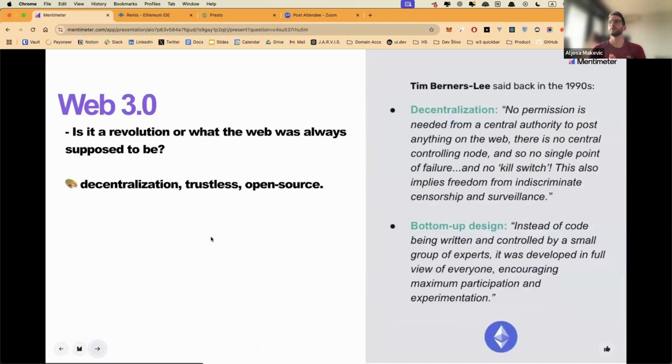If you look at quotes from Tim Berners-Lee, who started the World Wide Web, from the start he talked about how important it is for anyone and everyone to have access to the internet, to have freedom of speech on there, and for the evolution of the internet to be led by everyone. It should be a group discussion, and it shouldn't be decided by a small group of people behind closed doors, like is happening now in Silicon Valley and everything.